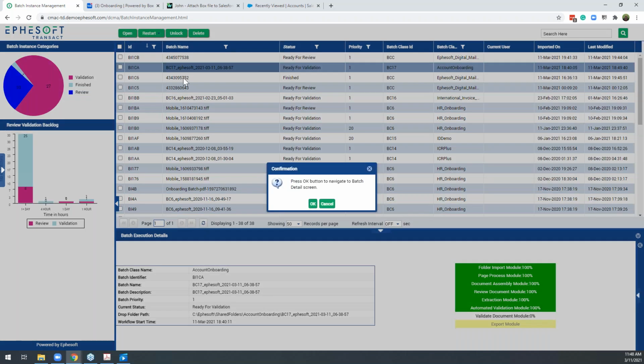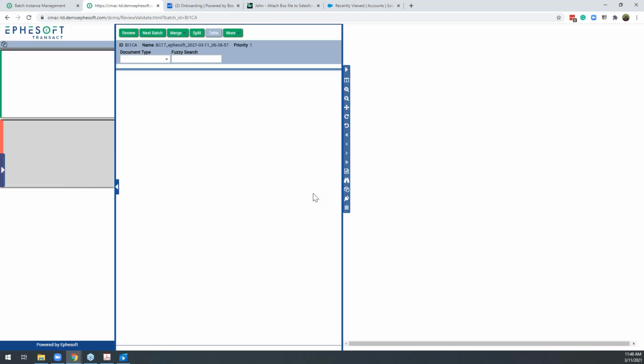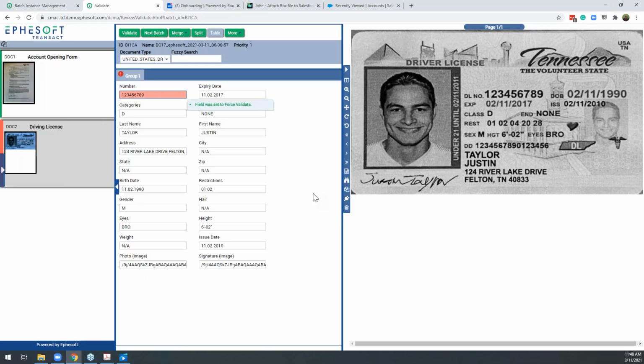We can actually have a back-end administrator. A lot of times this might be in a financial institution, so we can have banking staff look at the data that's coming off of these documents. And you can see here we have all the different driver's license data that's coming off of a particular driver's license, which is really neat.